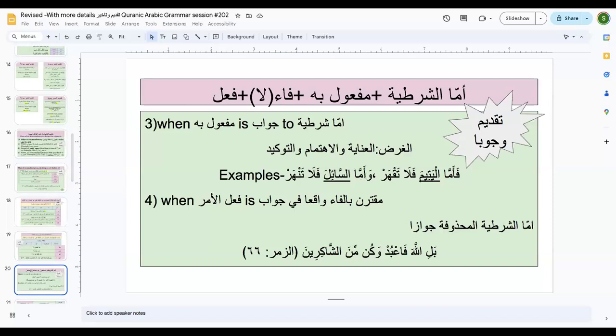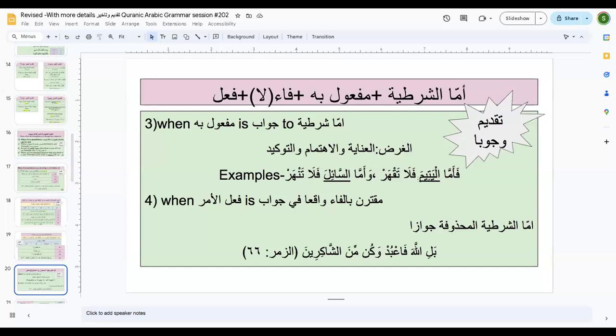If I give you this verse, amma sa'ila fala tanhar. Amma sa'ila, as-sa'ila. How will you label? Okay, maf'ul bihi muqaddam. Fa is going to be fa rabita or fa jawabu shart. La tanhar. La nahiya. Tanhar is going to be mudare majzoom bila, right? And as-sa'ila is maf'ul bihi for fail tanhar, right? And it is the case when it is wajib for maf'ul bihi to be before your fail.